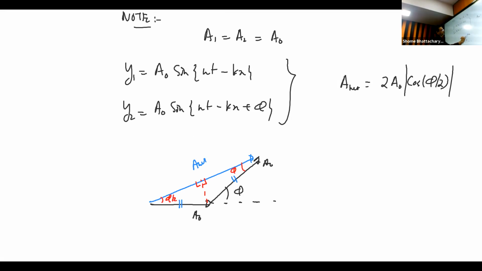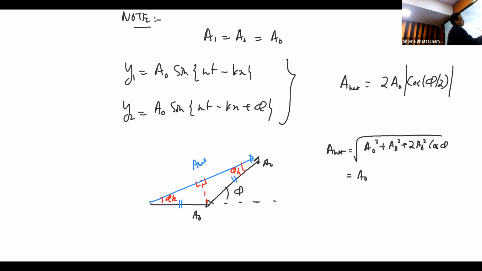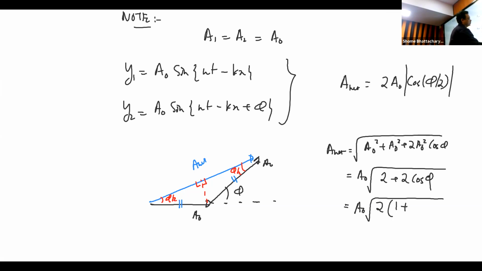So you can use geometry or you can use trigonometry. Okay. So this kind of manipulation you have seen in vector algebra also before. So I'm just reminding you of this. Okay. Now